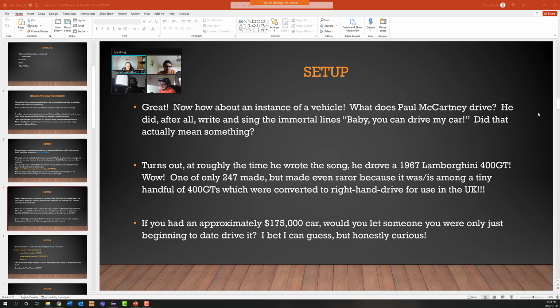When Paul McCartney wrote and sang the immortal lines, "Baby, you can drive my car," did it actually mean something? What's Paul McCartney's car? I am curious. I have too much time on my hands, and so I looked it up. I Googled it. I wanted to know, what kind of car was he talking about when he said, baby, you could drive my car? And I was stunned,